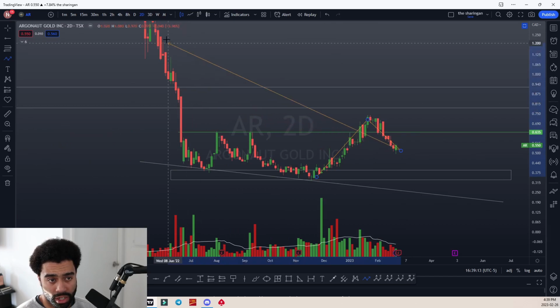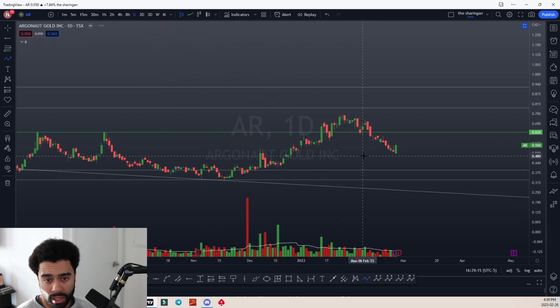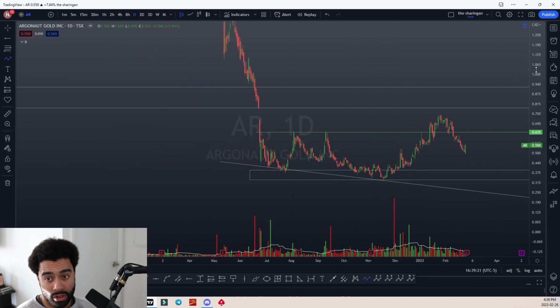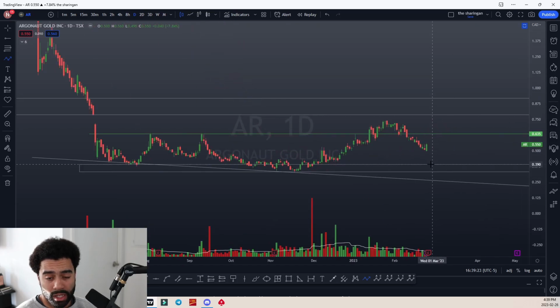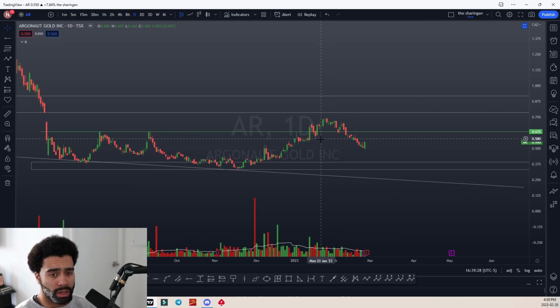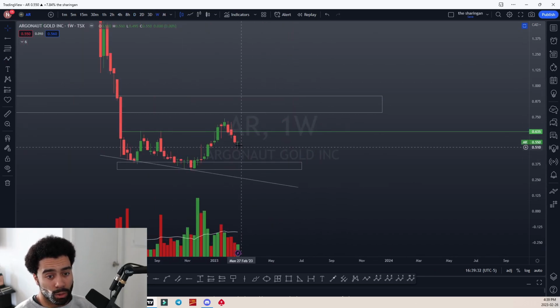There are large gaps above us, so keep that in mind. There's a gap here. We ran into that gap and didn't really fill it, but there's a gap there, and then there's also an even larger gap above. So this might take some time to play out, but overall, from a weekly trend perspective, we're starting to print